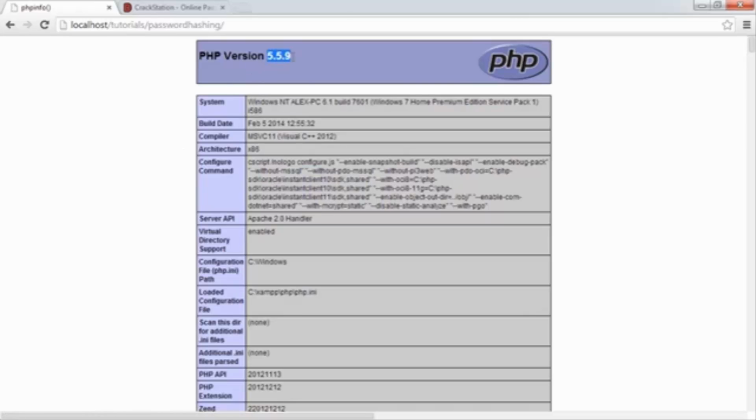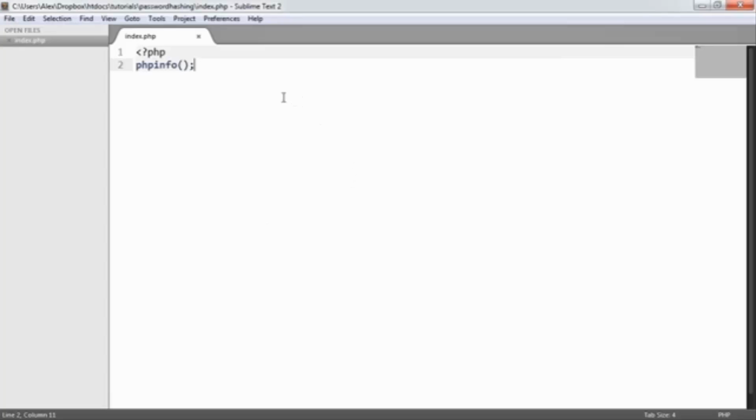If you go ahead and check that out, I'm running PHP 5.5.9, so I have the ability to use the password hashing API. If you are unfortunately running something under 5.5, you're not going to have this ability. So go ahead, upgrade to version 5.5 if you haven't already, and in the rest of the series we're going to look at using this password hashing API to securely hash passwords that are perfectly acceptable and safe to store